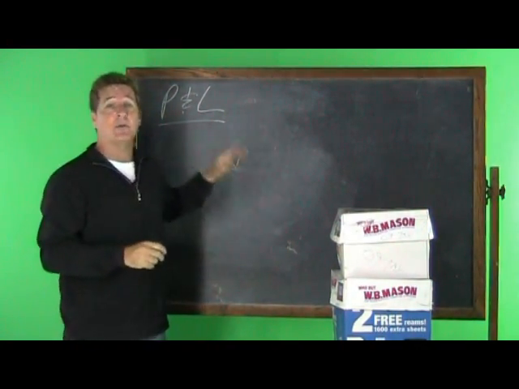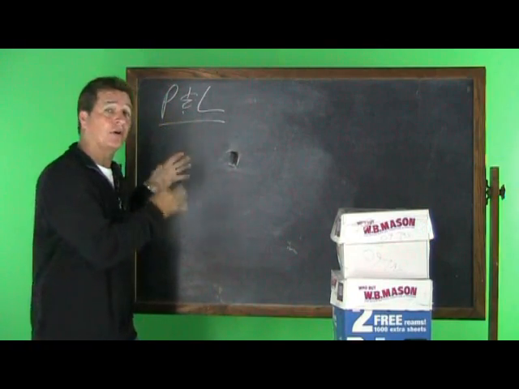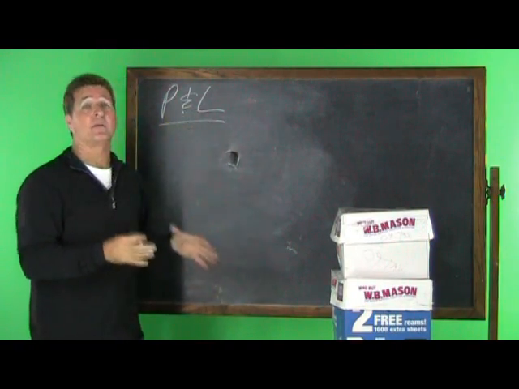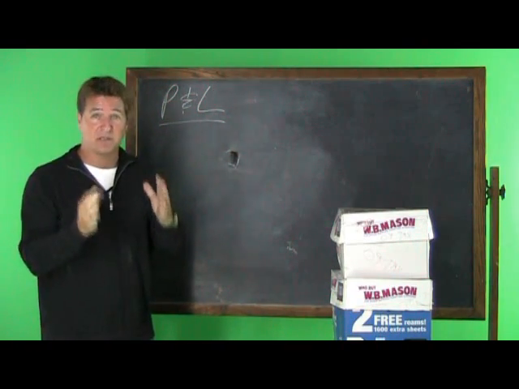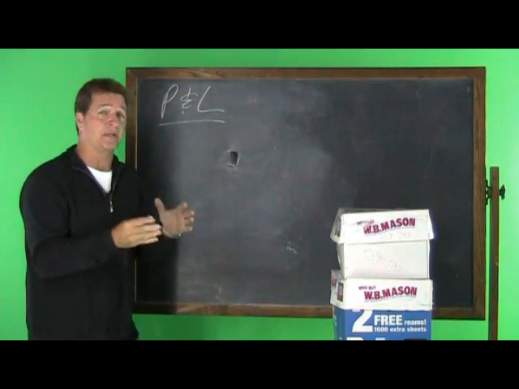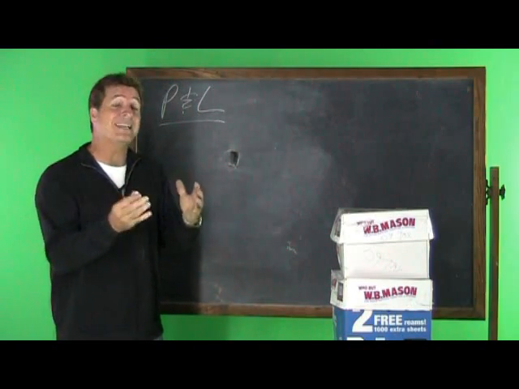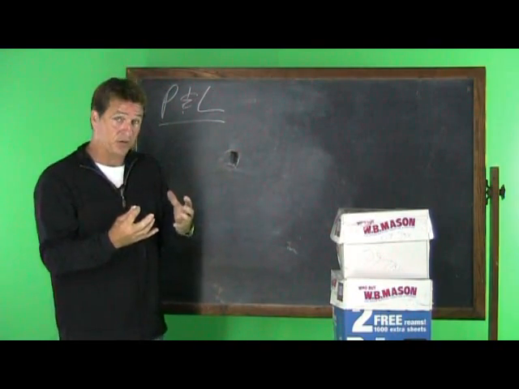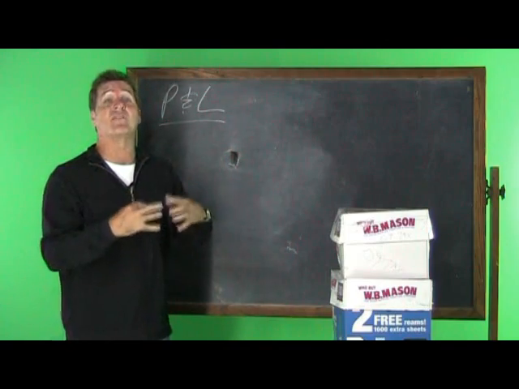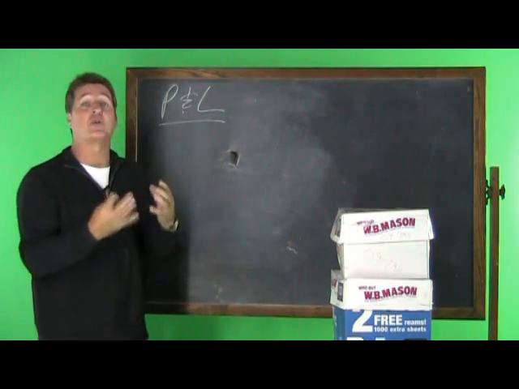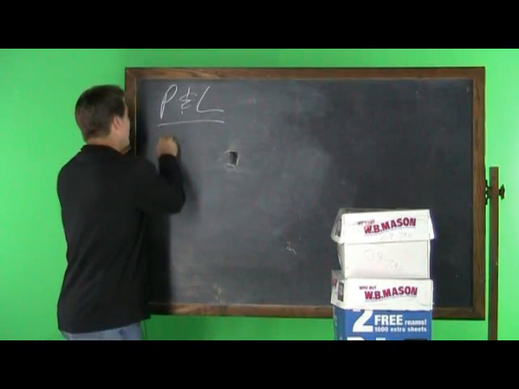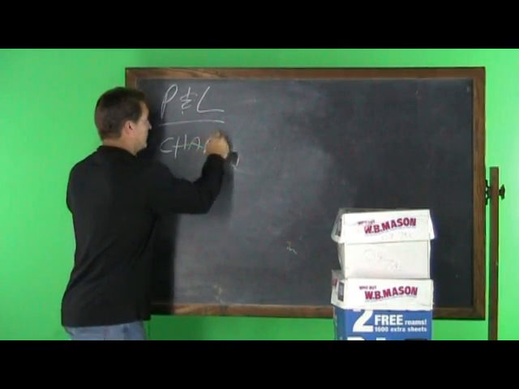So many people email me and ask what we mean when they hear us mention a P&L in our training videos. Well, a P&L is a profit and loss statement, and it really has one specific reason: to show you where every dollar comes in from in your operation, and most importantly, where every dollar goes. Every time we spend money, we are supposed to be coding it to what's called a chart of accounts.